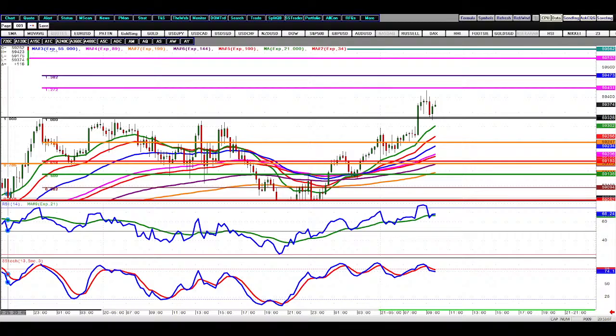I want to sell at 59.40. Okay, stop at 59.70 and TP at 59.00. Okay, so I want to enter this trade